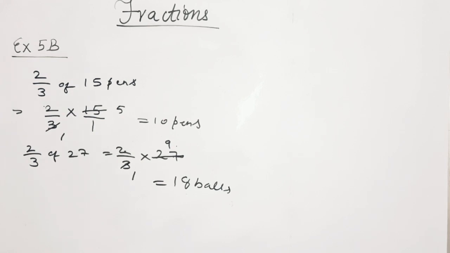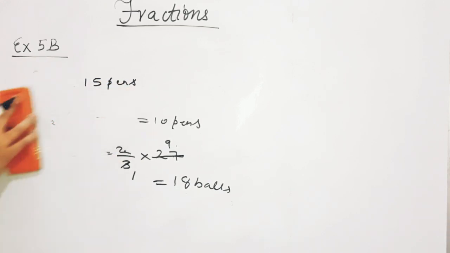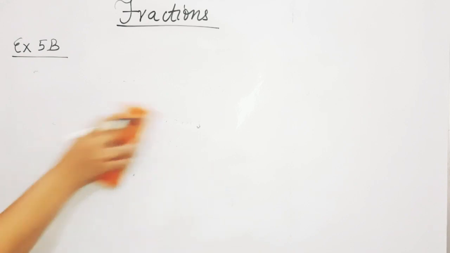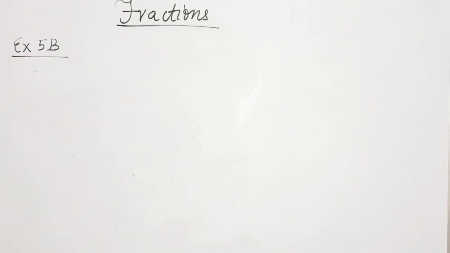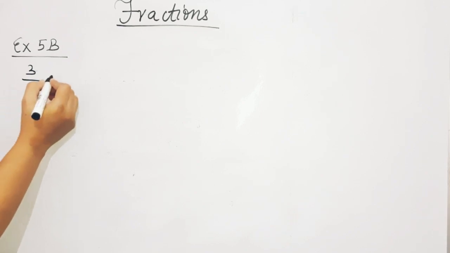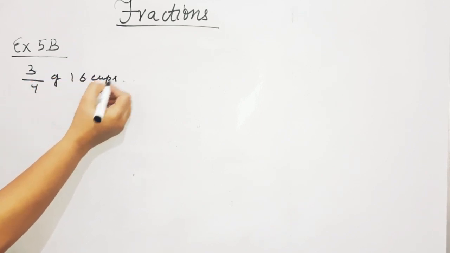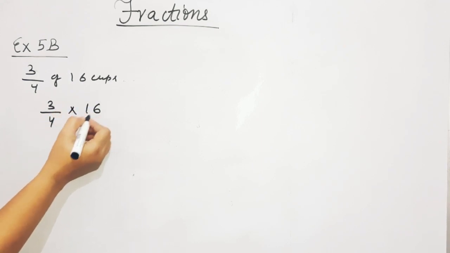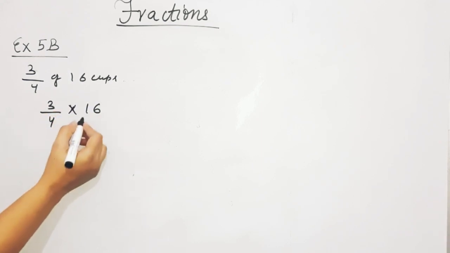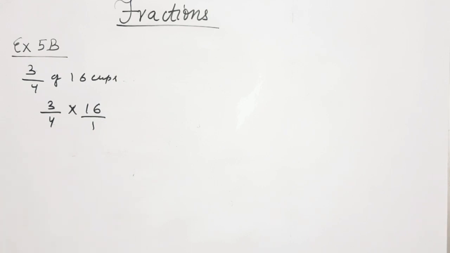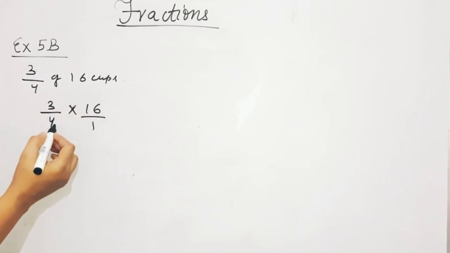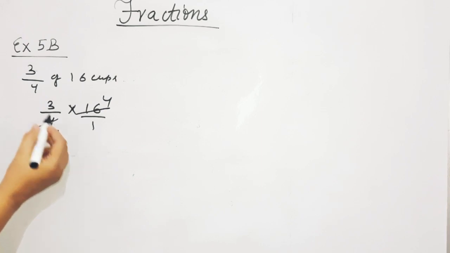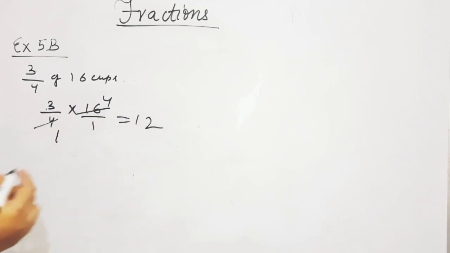Now in question number 11 it is 3/4. So I am taking some examples of question number 11 also to explain you. So question number 11 is determine 3 by 4 of 16 cups. So 3 by 4 of 16 cups means 3 by 4 multiplied by 16. Now 16 is not having any denominator, so 1 will be considered as the denominator. If you do not write 1, that is also no problem. 16 is in divide with 4. In the table of 4, when does 16 come? 4 ones are 4, 4 fours are 16. Now 3 fours are 12. 12 cups is the answer.